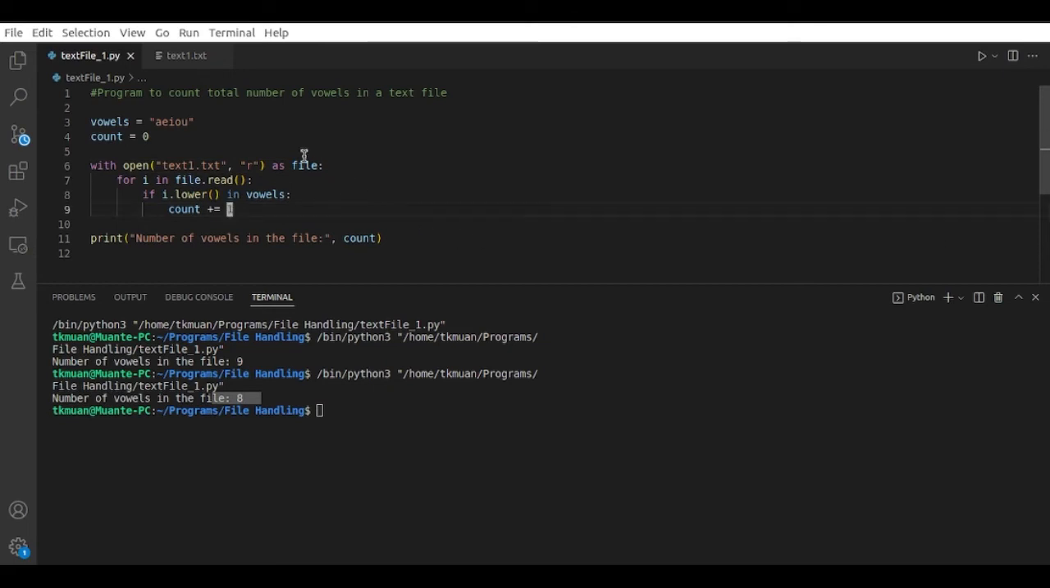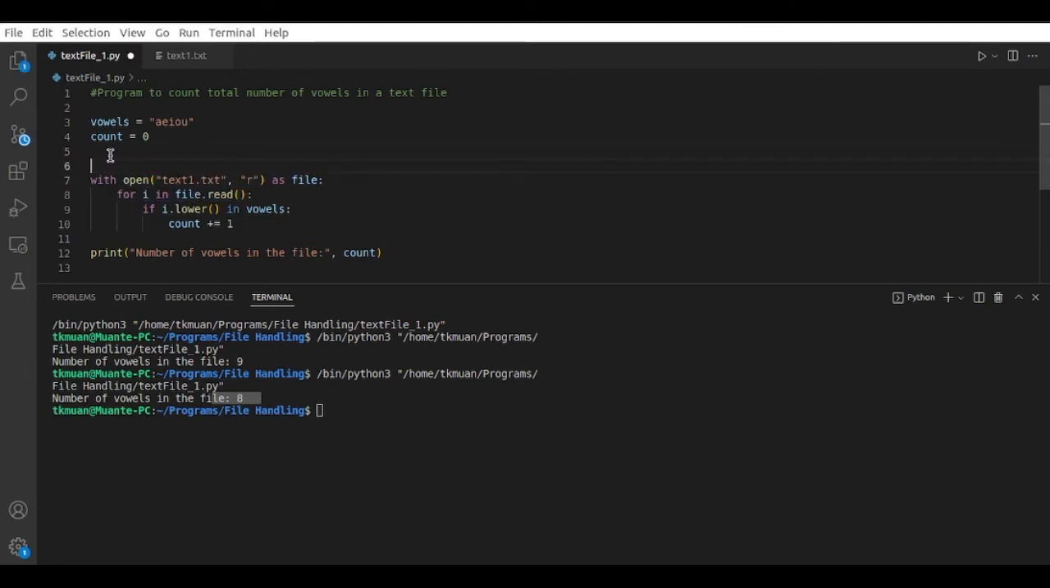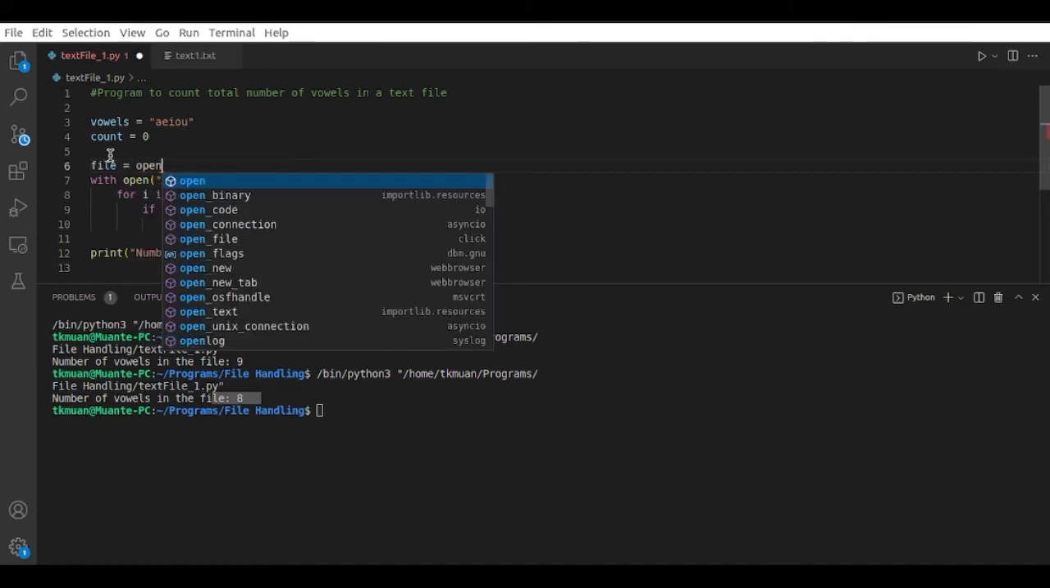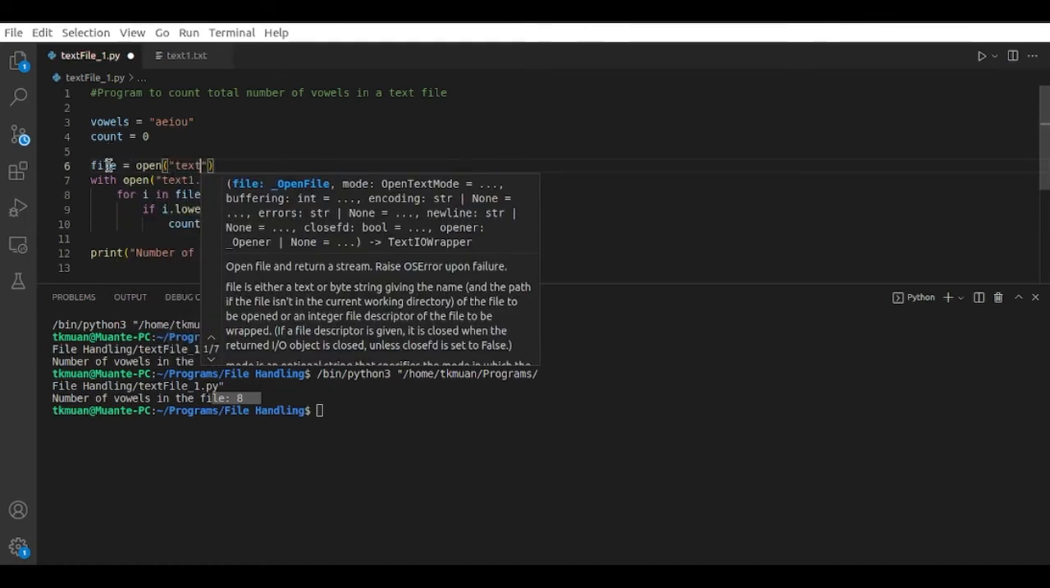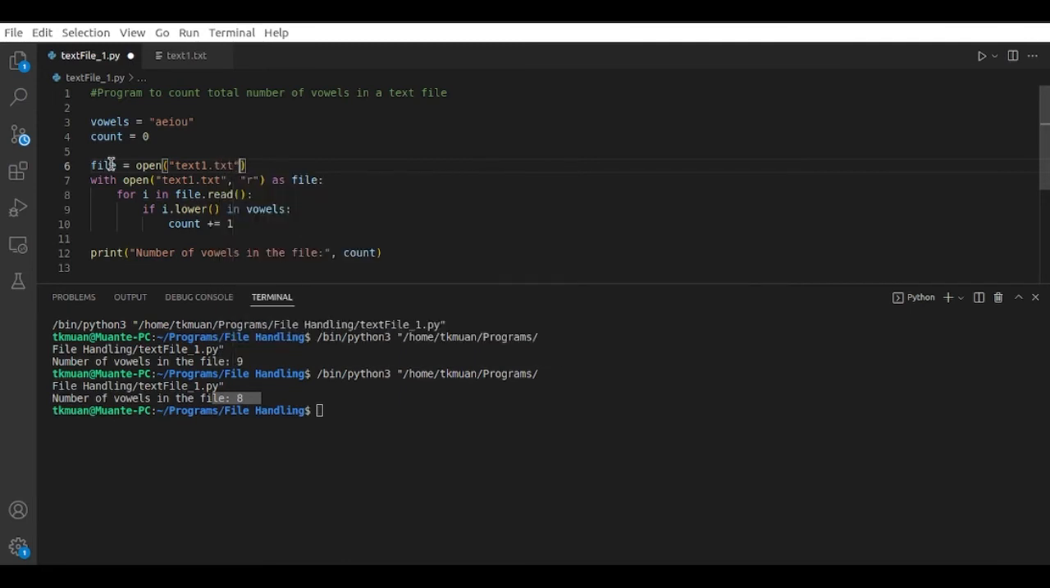To further explain line number 6, we're using the open function to open our text file, and we're saving the data into this file variable. And so this line is the same thing as writing out file equals open text1.txt in the mode R. Here lines 6 and 7 basically have the same functionality,